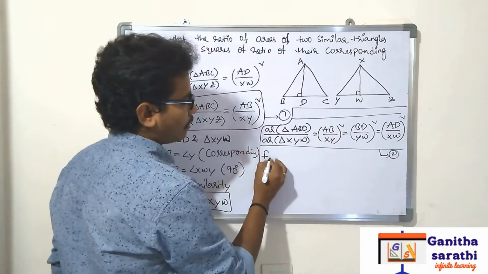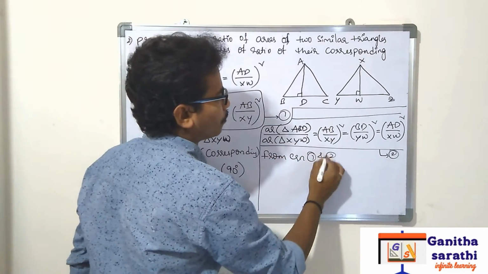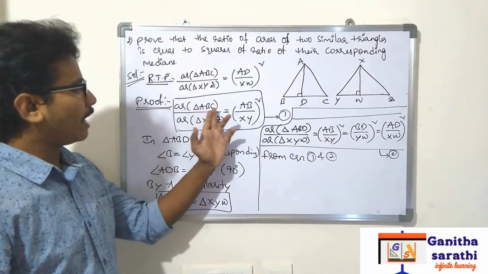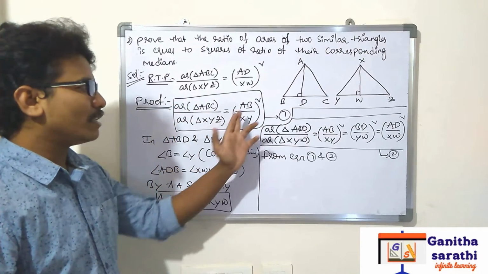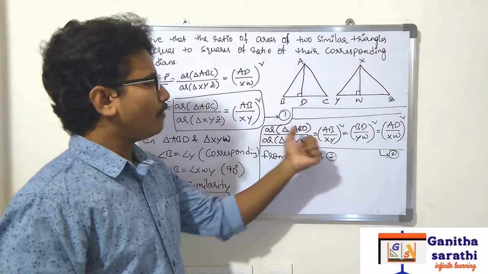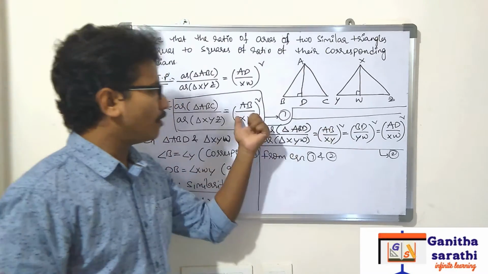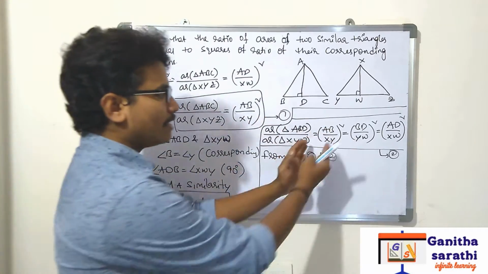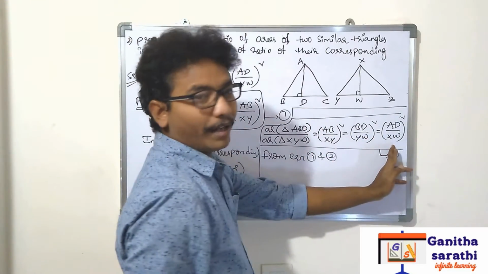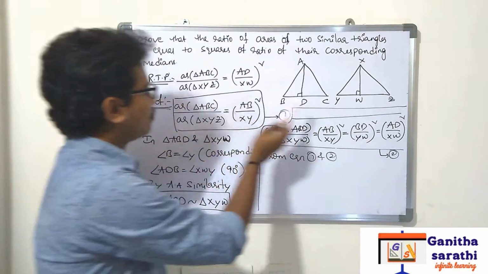Okay. From equations 1 and 2, listen. See on the board. Area of triangle ABC by area of triangle XYZ is equal to what? AB by XY whole square. Here also, area of triangle ABD by area of triangle XYW is what? AB by XY whole square. Same, right? And this is equal to the medians, right? Understood? These corresponding sides are equal to medians also, right? Now we can equate these two.